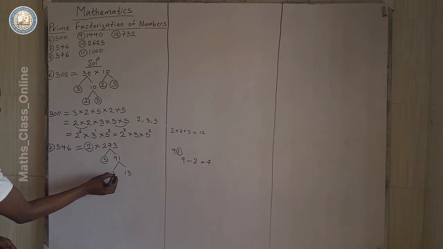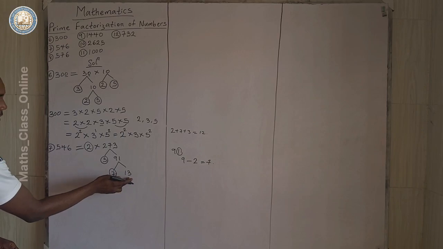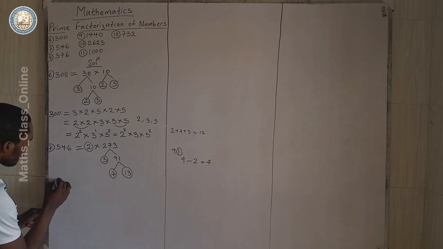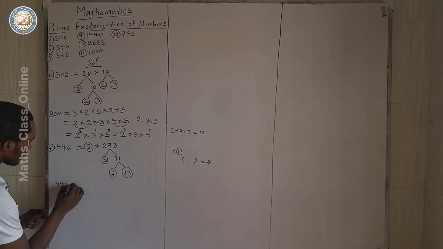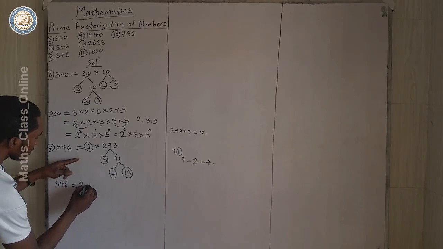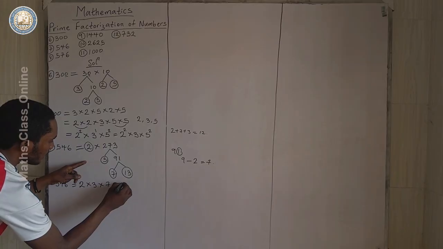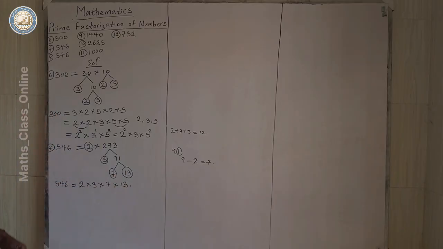Is 7 a prime number? Yes. Is 13 a prime number? Yes. That means that 546 is 2 times 3 times 7 times 13. This is also in index form because we don't have more than 1 2, 1 3, 1 7, and 1 13. The next is